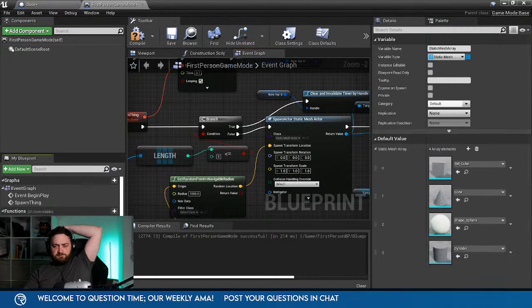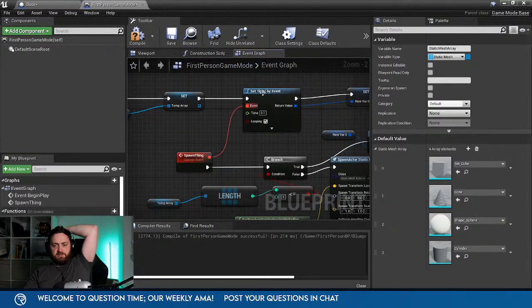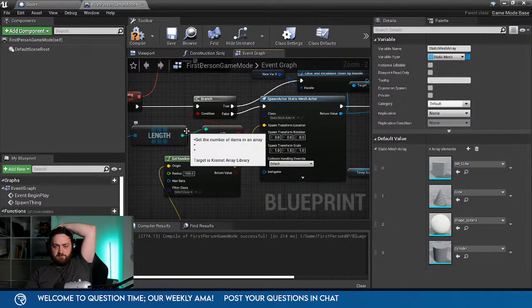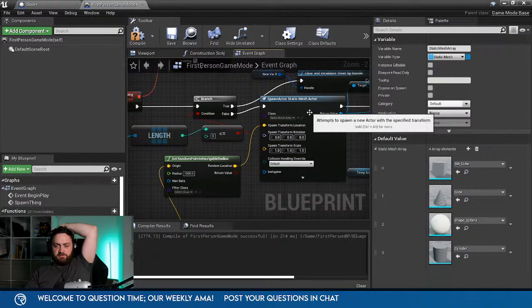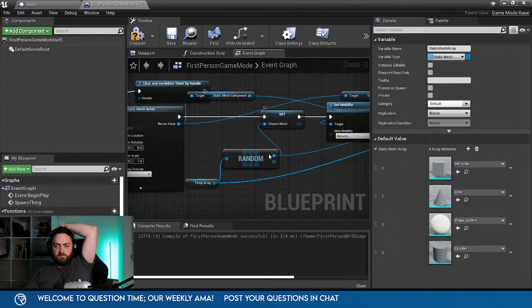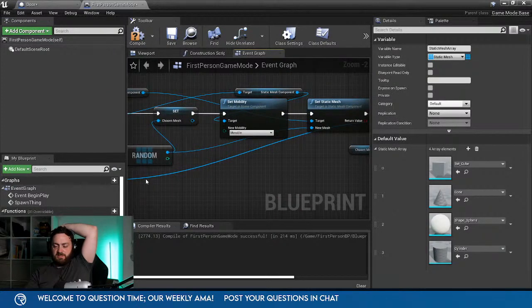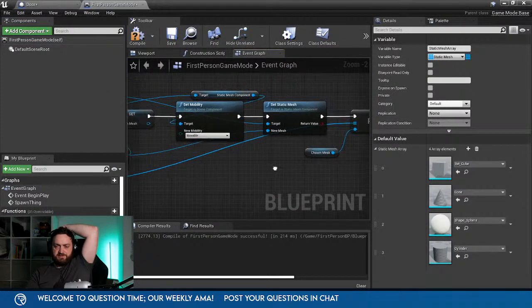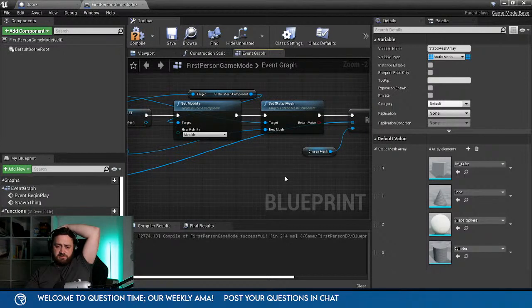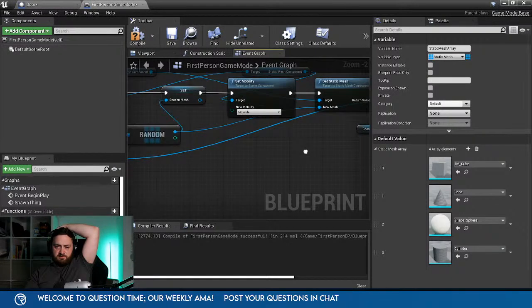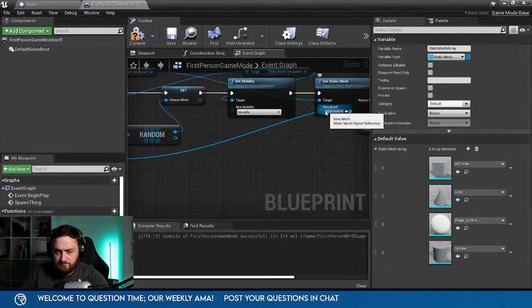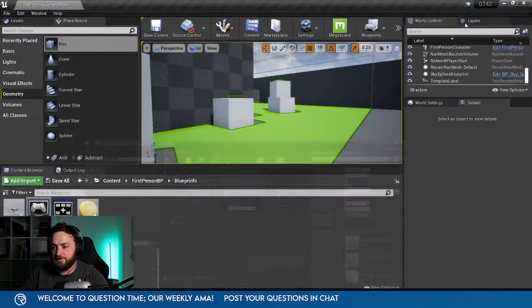Got 4 items. It goes through here. First time it goes through, not this, so it goes spawn mesh. Let's say so. Choose the cone. Ability. Set the mesh. Oh wait, that's why. Whoops. Didn't plug it into the chosen mesh.